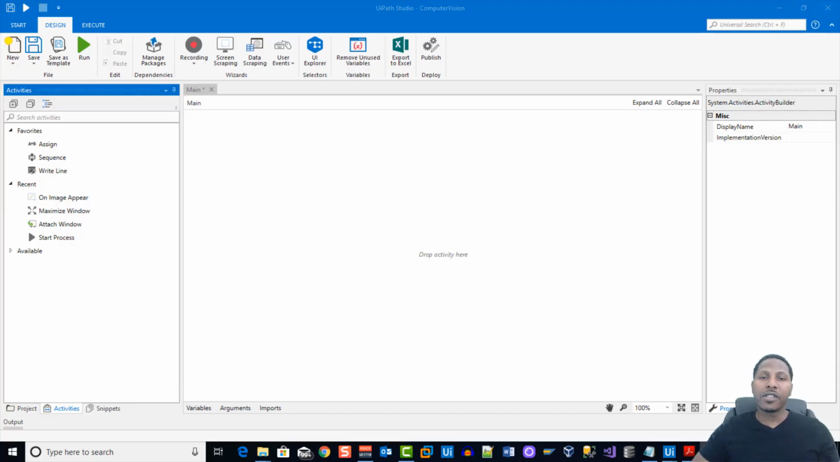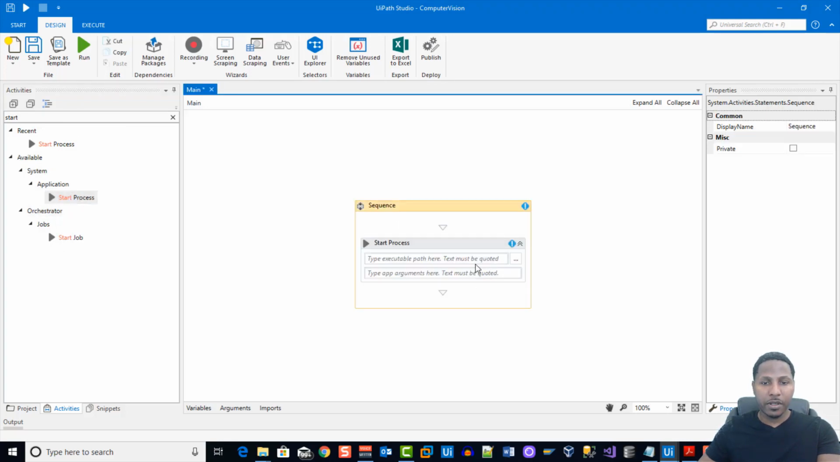In this video, we're going to see how we can extract data from our PDF using computer vision. Now let's get started. So the first thing we want to do is go to our start process, and we're going to start our